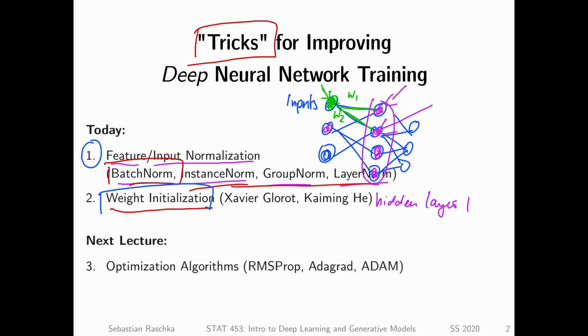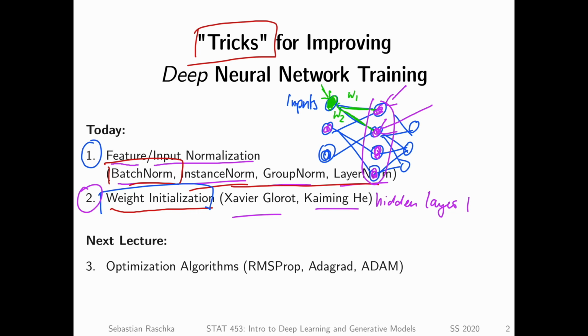Why is it not enough to initialize weights to small random numbers? This is what these other techniques are about. They add some tricks to be a little bit smarter about that, not just using, let's say, small random numbers from a normal distribution, but also considering the number of inputs and the number of units in the hidden layer. So there are some additional considerations when initializing weights, and this is something we will talk more about in this second part.